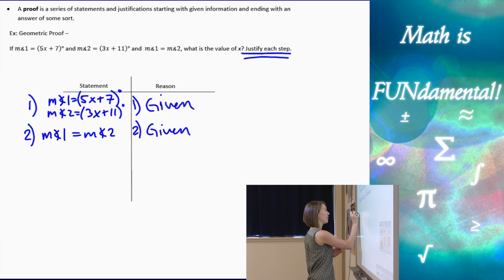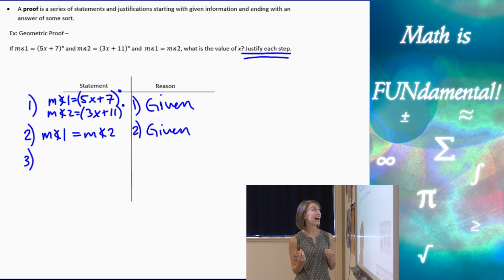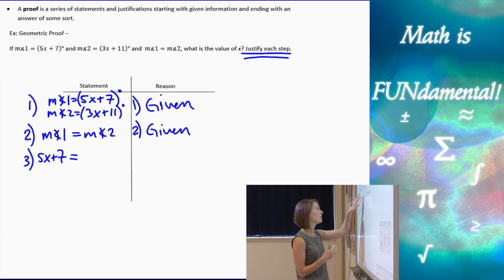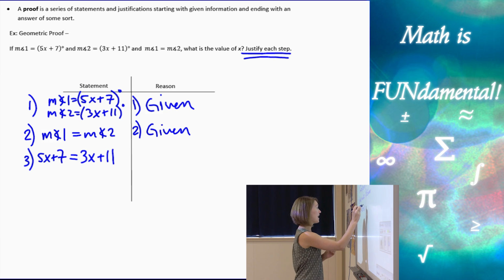All right, now the third step, here's where we want to start doing things to solve for that x. So if I know that the measure of angle 1 is 5x plus 7 and the measure of angle 2 is 3x plus 11, I can take 5x plus 7 and replace measure of angle 1 with that amount. So 5x plus 7 equals, and then I can do the same for measure of angle 2. Instead of the measure of angle 2, I can replace it with 3x plus 11. Now here,